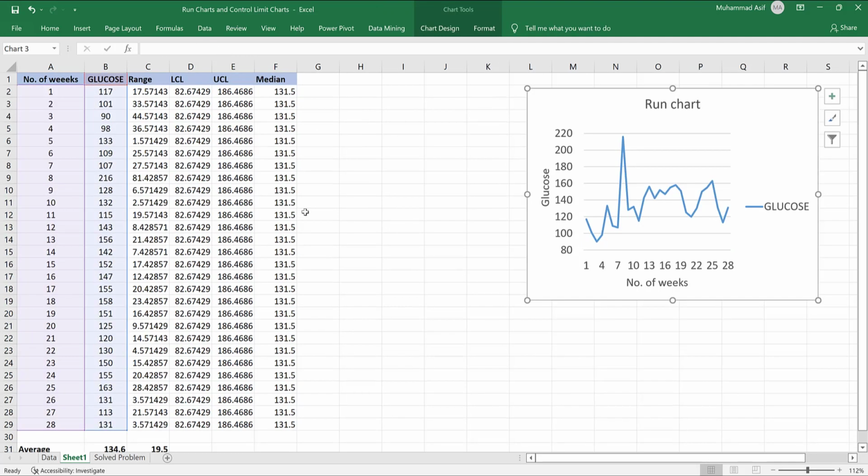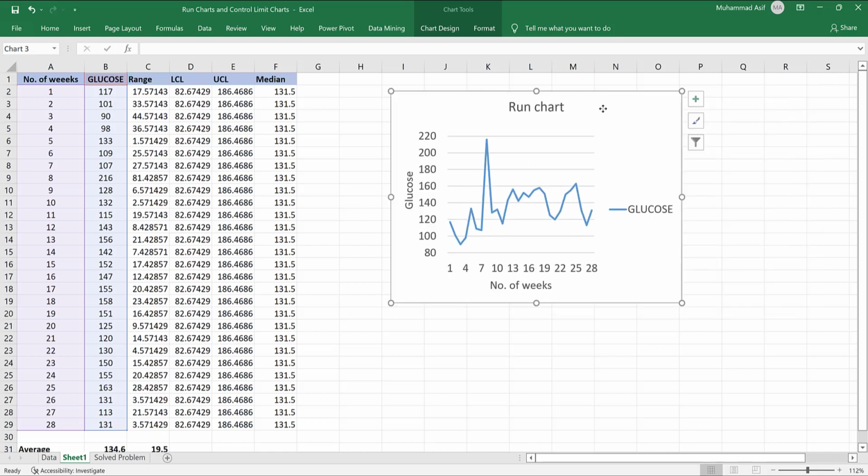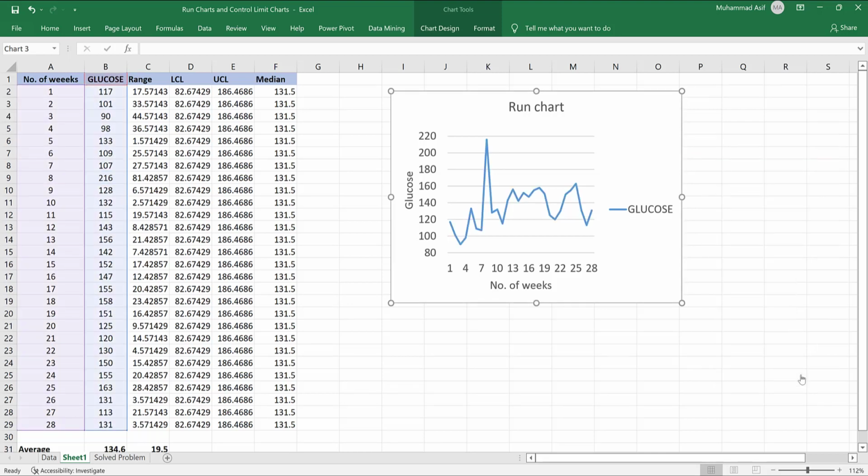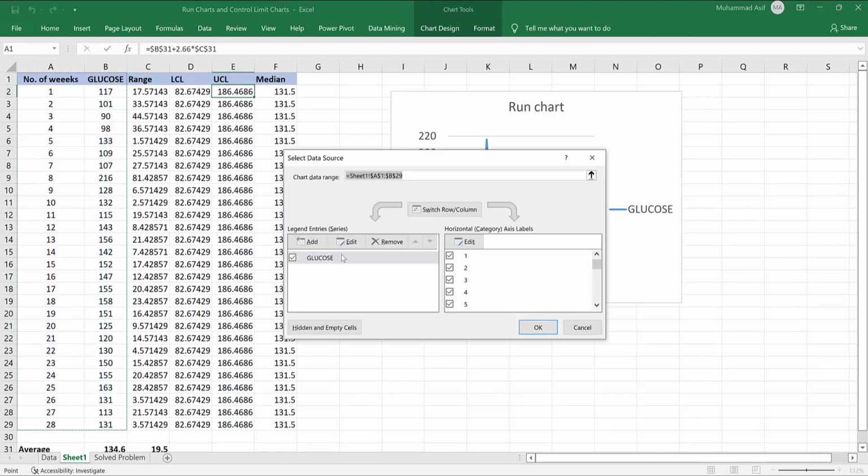to make a control chart we have two options. One option is to convert this run chart into a control chart, and the other is to make a separate control chart. If we want to convert this run chart into a control chart, then we click on this one and then click on select data, and in select data you can edit this one. You can add the upper control limit and then the lower control limit and then the median. But I would like to make a separate chart for the control chart,